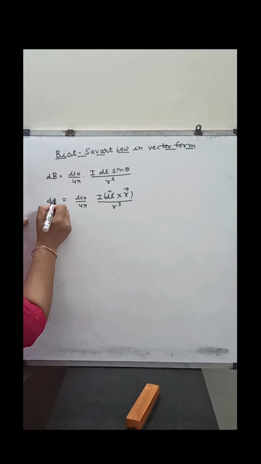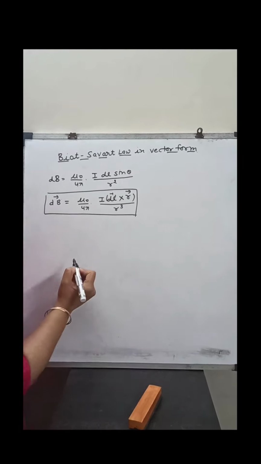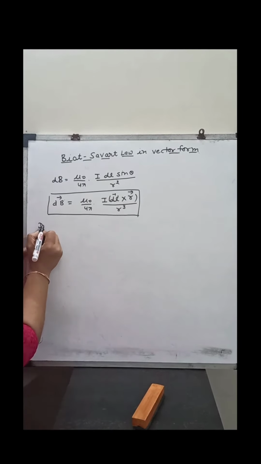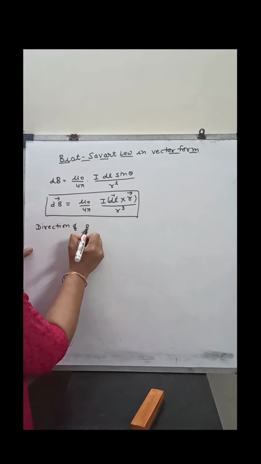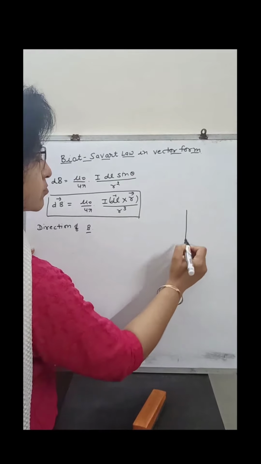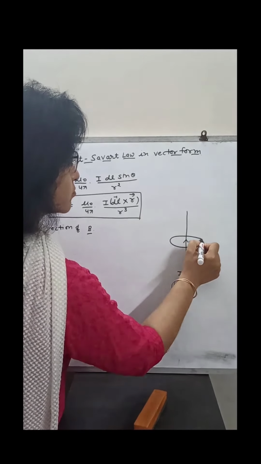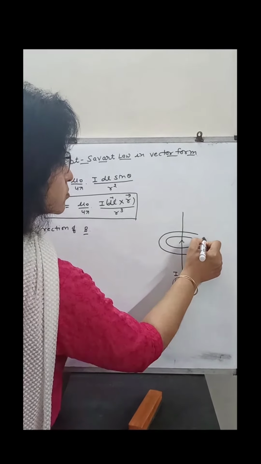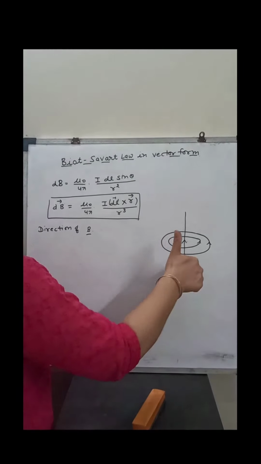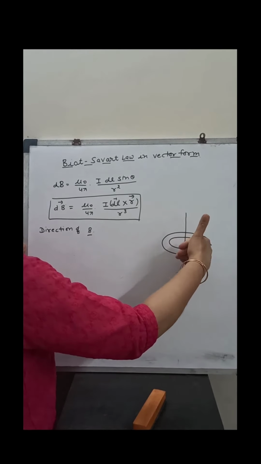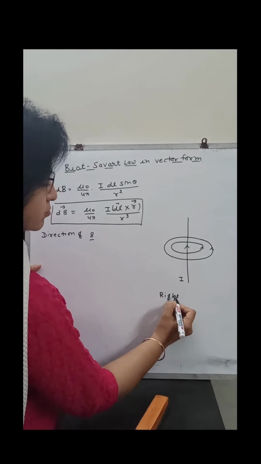Magnetic field is also a vector quantity, I, dl and r are also vector quantities. Now we will find direction of B. Consider conductor carrying current I. When current is passed through the conductor, magnetic field is produced in the form of concentric circles with conductor as center, lying in plane perpendicular to the conductor. Direction of magnetic field line is anticlockwise